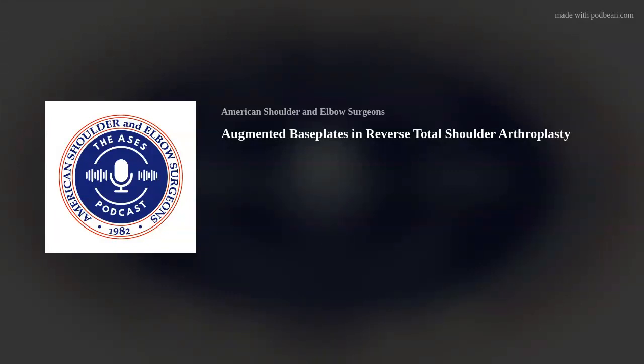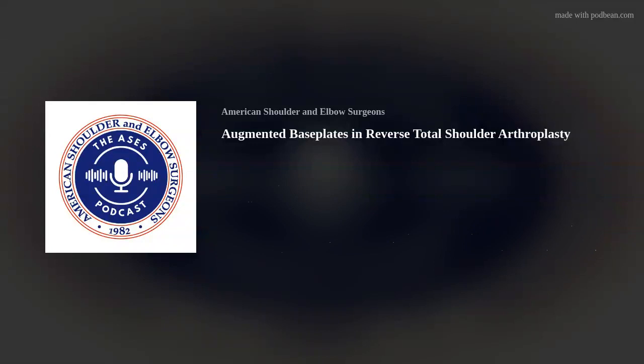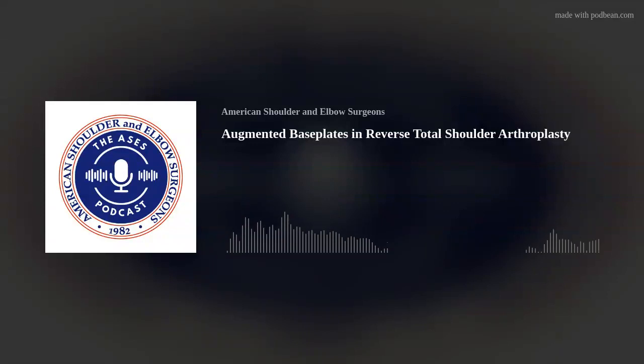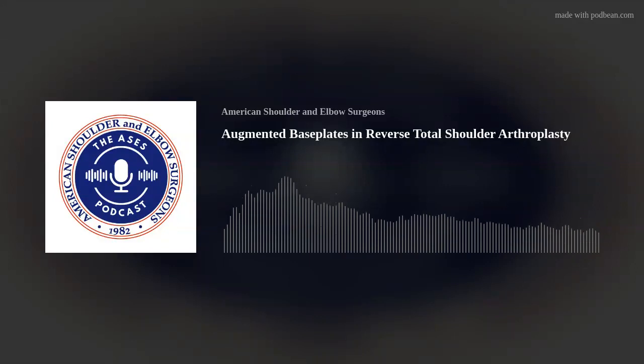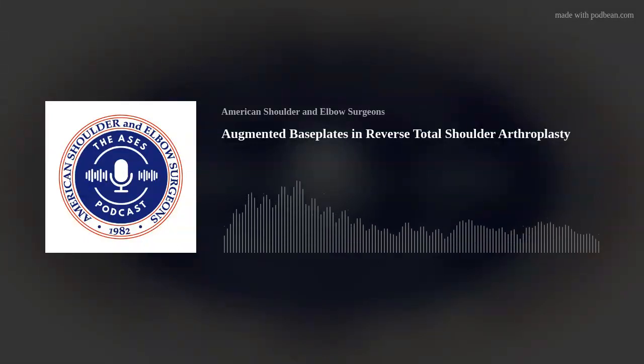The version doesn't concern me so much. They're usually fairly inverted. The baseplate's fairly inverted in these situations. And so, once you've, hopefully based on your preoperative CT, figured out whether you have bone in that confluence of the spine, the coracoid and the scapula, and if you have enough bone there, then I think what you want to do, and if you haven't done this before, having fluoro is not a bad idea. It's just going to give you an idea of your height, not necessarily if you're in the right spot.